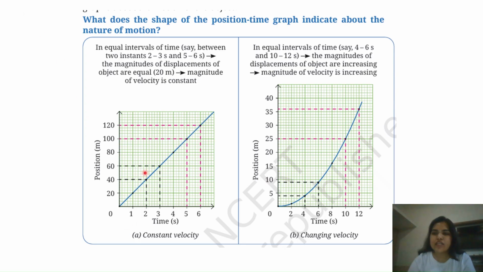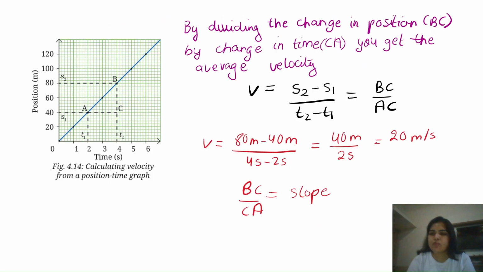As we can see, a straight position time graph indicates that the object is moving with a constant velocity. On the other hand, a curved position time graph indicates that the velocity is not constant and thus the object is in accelerated motion. In the position time graph we plotted,